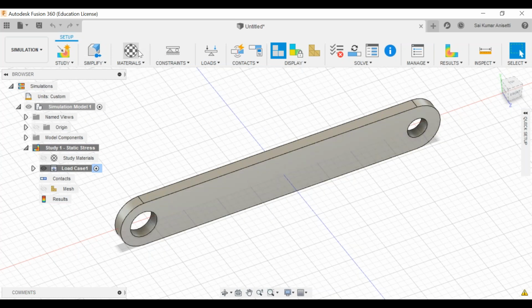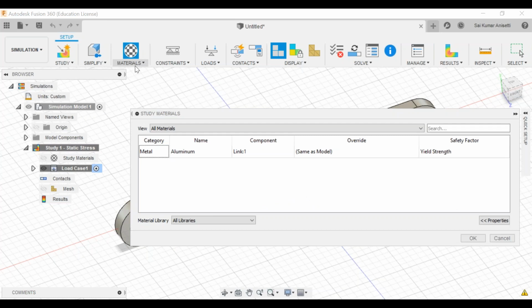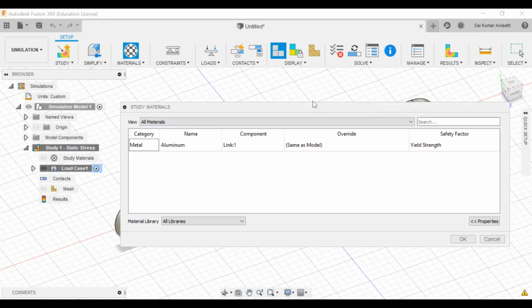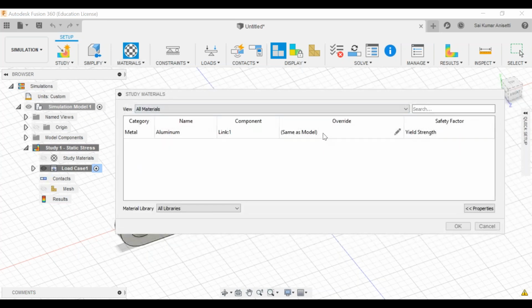The next thing is study materials. By default, my material is aluminium. If you leave it as it is and click OK, your aluminium material is assigned.